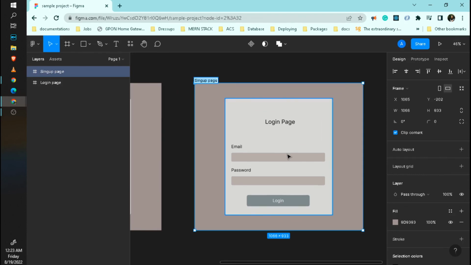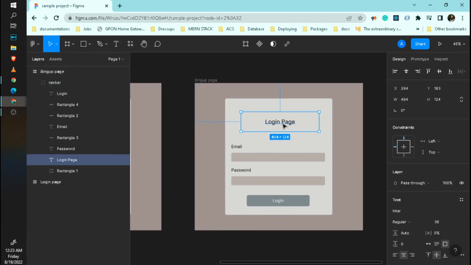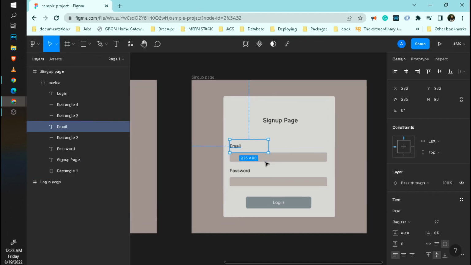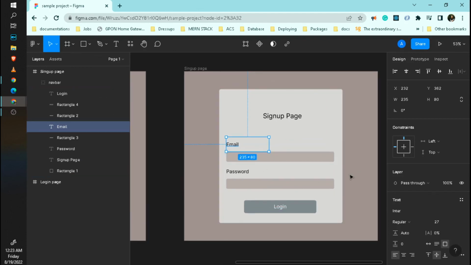And now I'll change some content of this login page, just like I'll copy and paste for an easy way. Just like you can see that sign up page, so this could be the sign up page name, and I have an email and password. This user can also have a